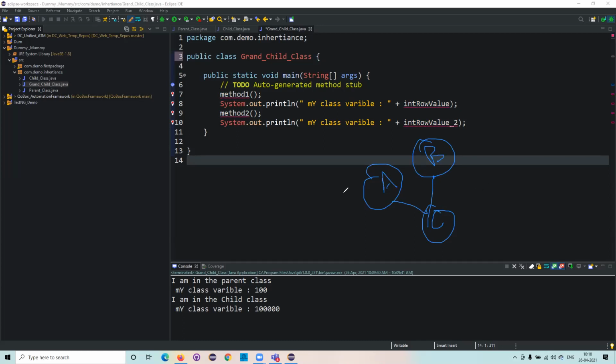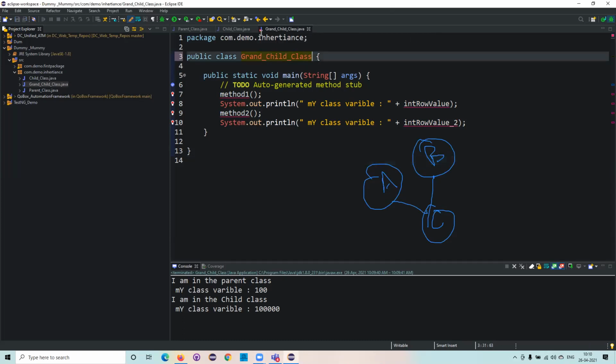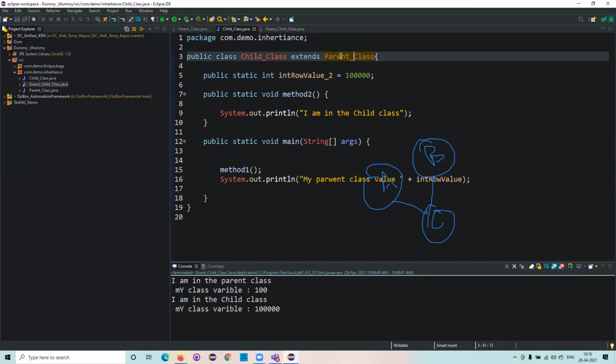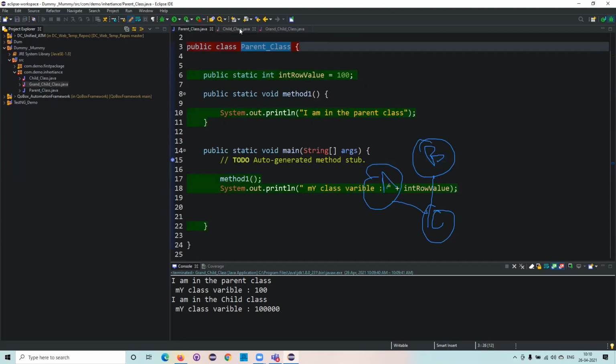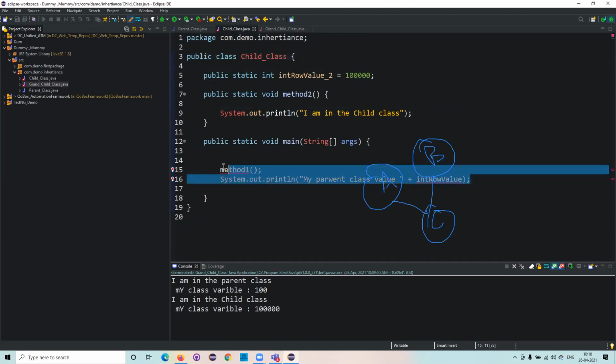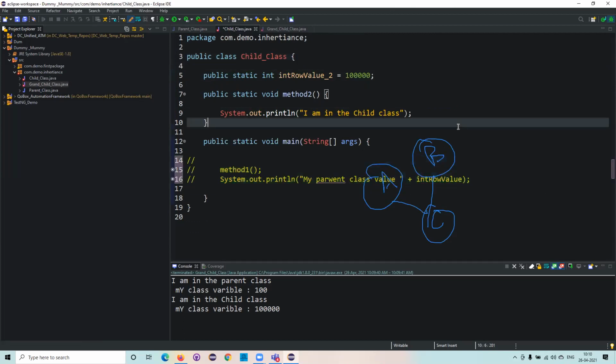Okay, so now let's try what will happen. So now I'll go for this and here in the grandchild, I'll remove this extend. Okay, I'll cut it here. Now these are two independent classes. This is parent class and this is child class. For the namesake, I'll just comment the code.